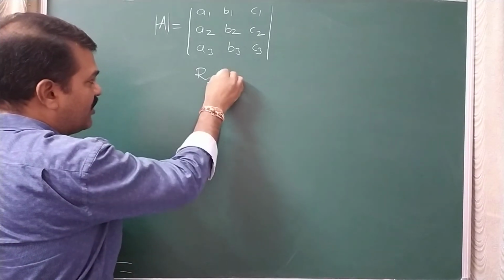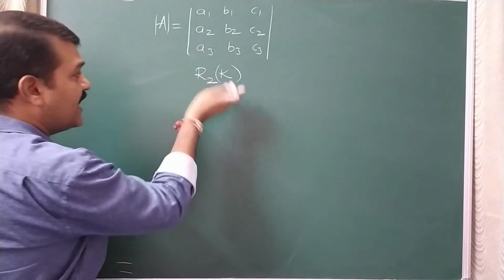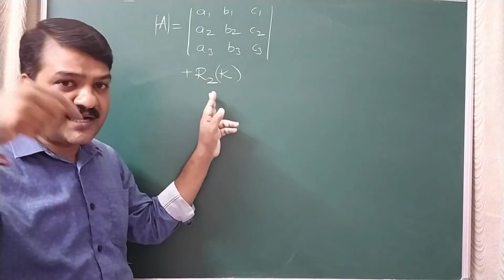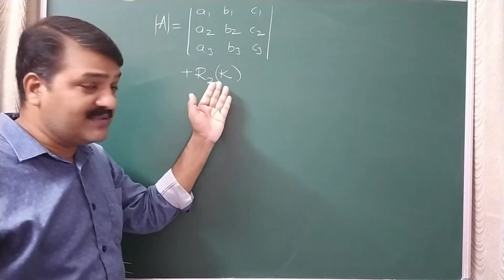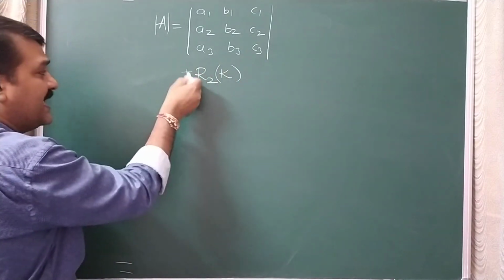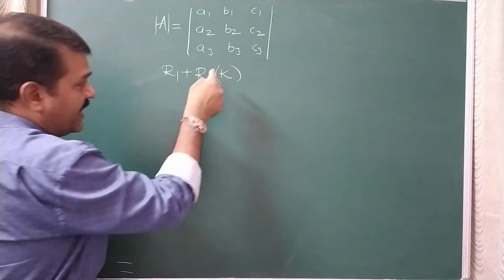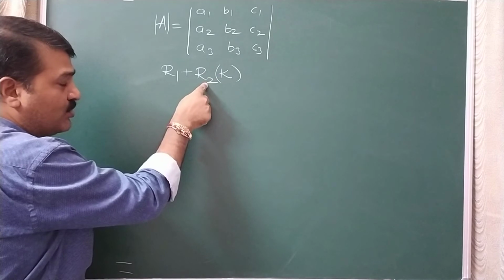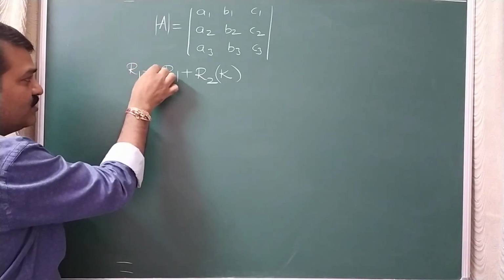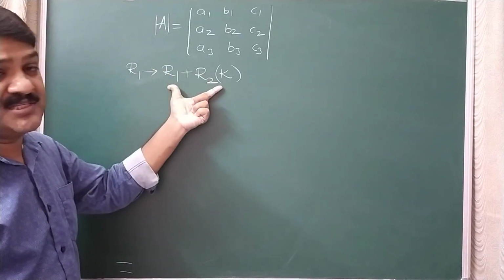I can multiply all the elements of the second row with a constant and add to some other row. So if you are multiplying a constant to a row, you have to add it to a row only. You can't add this to a column, okay? So second row multiplied with a constant and added to some other row, for example. So k some constant into a row added to some other row. Here we will change R1 only, we will represent like this. Means R1 will be replaced with this one.